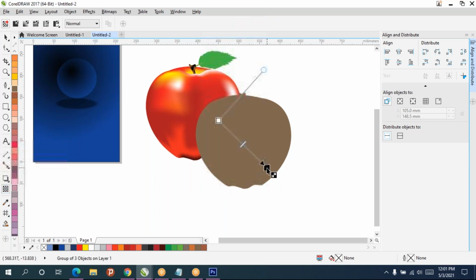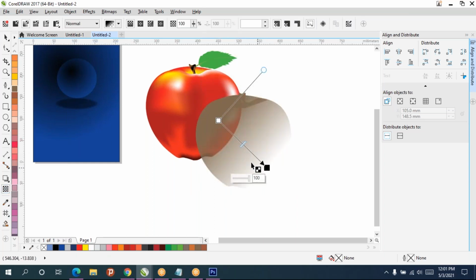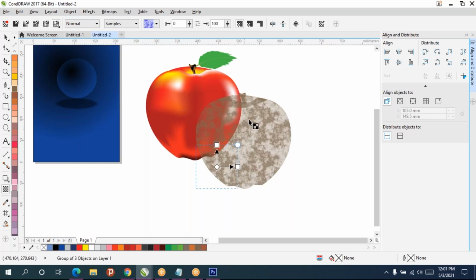So in the transparency tool, after applying transparency, just go for texture transparency. So like this, you'll get textures. So we'll get lots of textures.